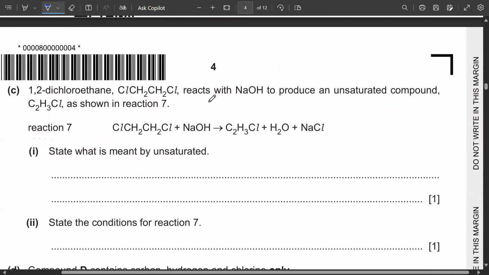1,2-dichloroethane reacts with NaOH to produce an unsaturated compound, which is this compound. In reaction 7, state what is meant by unsaturated. You have studied in O levels, IGCSE, that unsaturated means having carbon-carbon